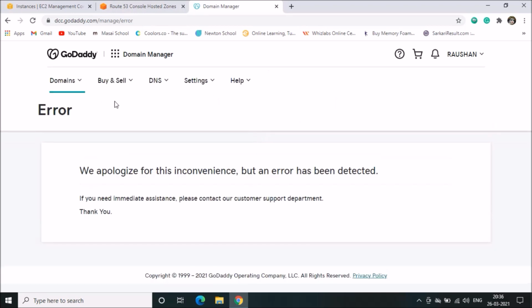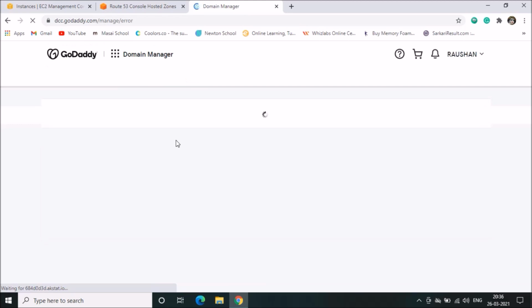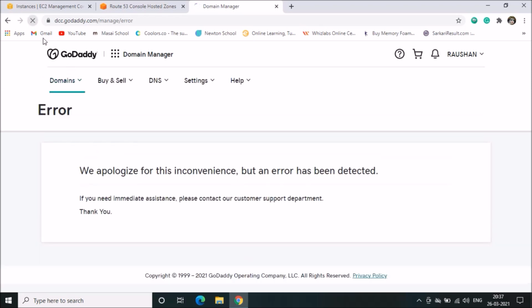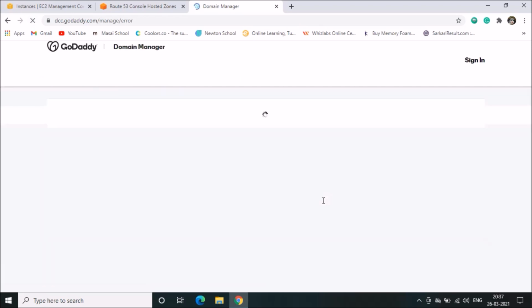Here it is giving an error. Sometimes it shows an error, but we will refresh two or three times. If it still shows an error, then we will proceed with other steps, and in the end we will resolve this issue, because sometimes it gives errors like that.